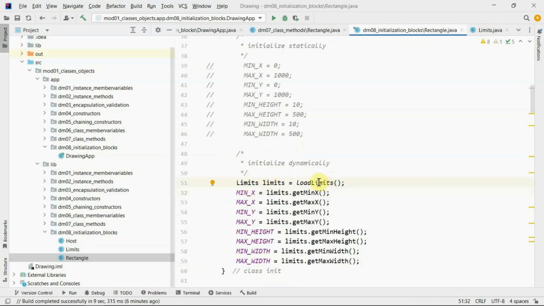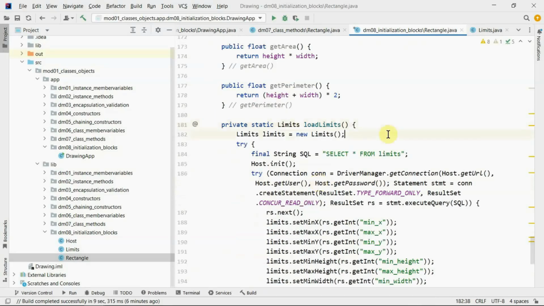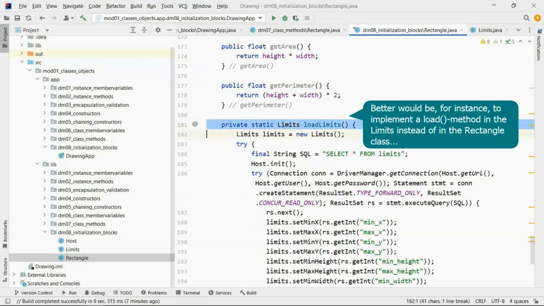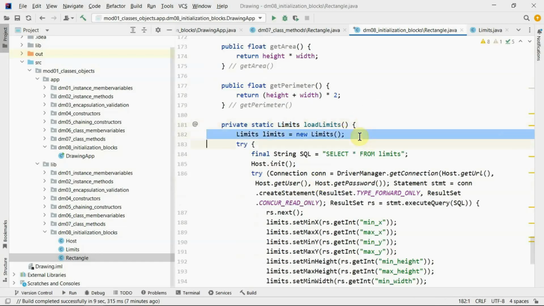Let's have a look at that method. And again, these are some basic instructions just to show you the idea. This code can be optimized. I don't want to make it too complicated. It's a private method because nobody else should be able to use this method. It returns a reference to a Limits object, which I create in the beginning, and then define some